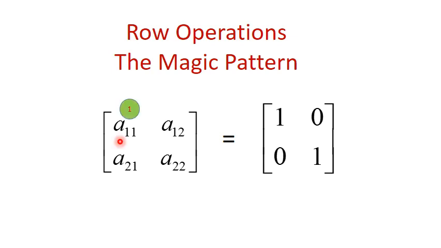First we have to change this element A11 as 1, move towards down, and next we have to change A21 as 0. Next we have to move right, that is A22 we have to change it as 1. Next we have to move up, that is A12, we have to change it as 0. Now it is totally changed to 1 0 0 1.